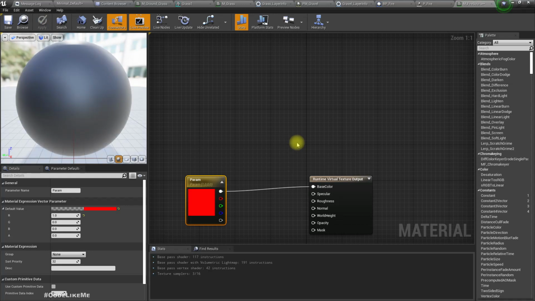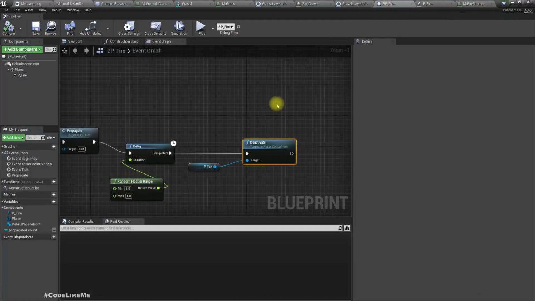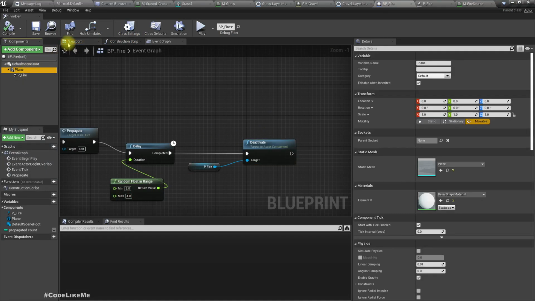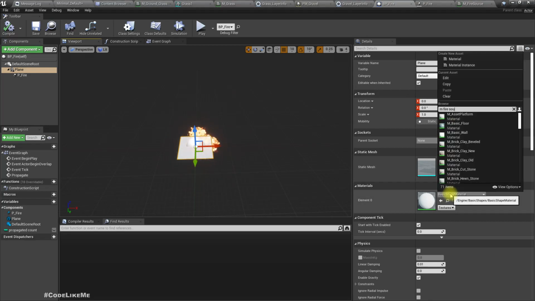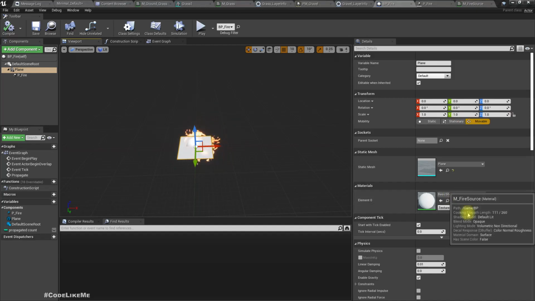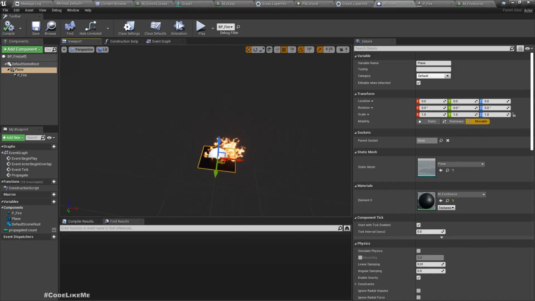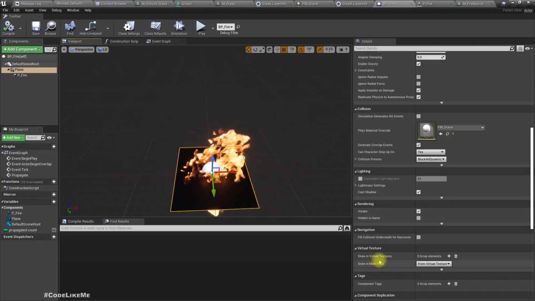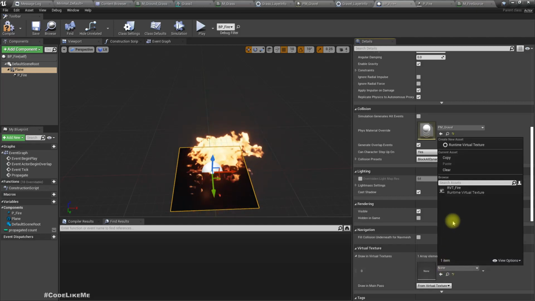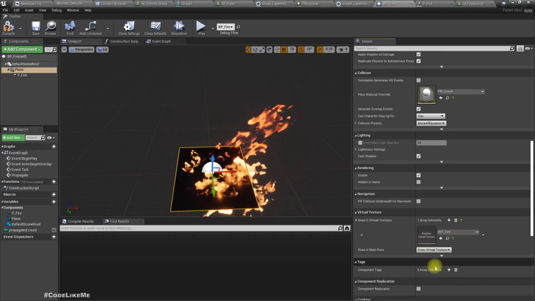And I'll assign this fire source to this plane. Fire source. And under virtual texture I'll add RVT fire,